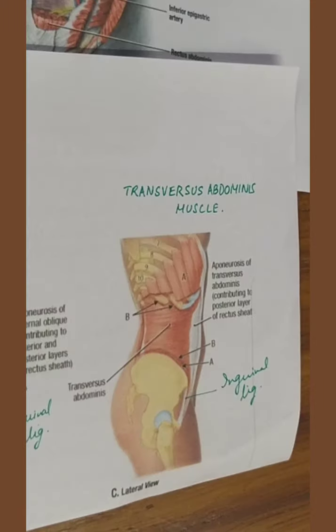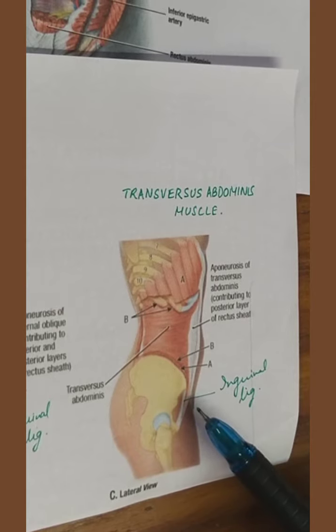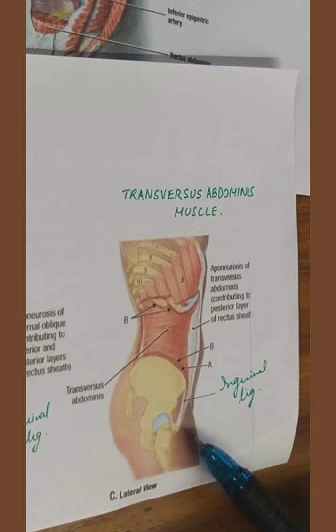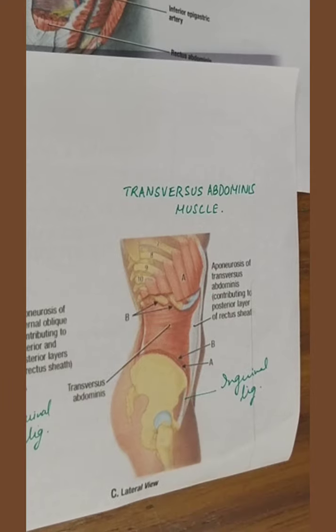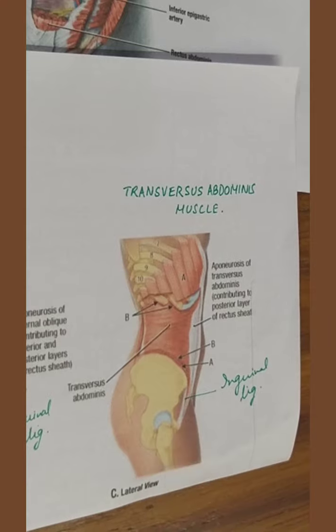Now the inguinal fibers here, they arch backward and form the roof of the inguinal canal. Then they turn downward and medially become aponeurotic and form the conjoint tendon along with the aponeurosis of the internal oblique. Then get inserted in the pubic crest and middle part of the pecten pubis.